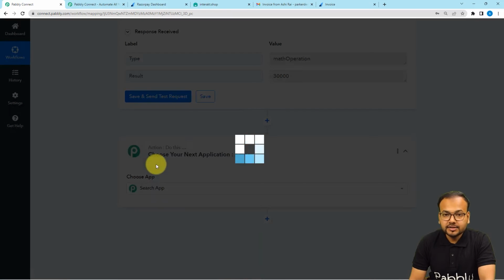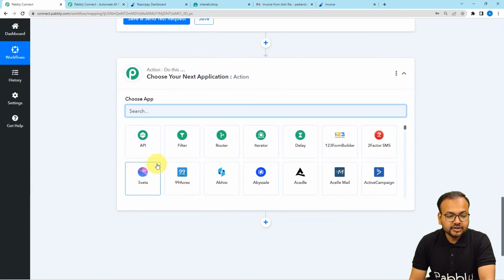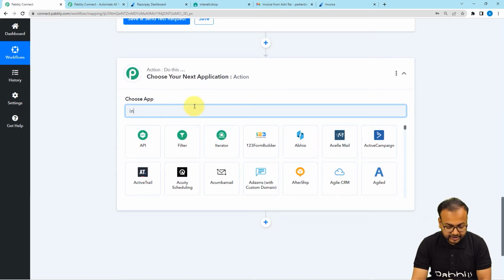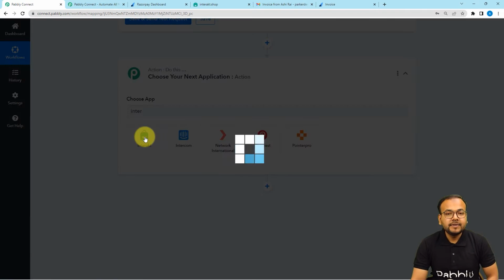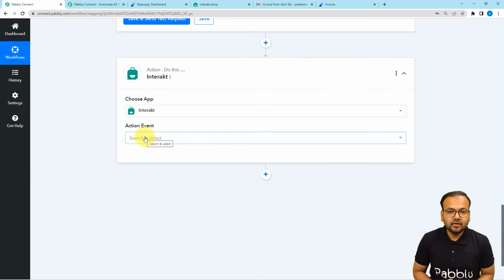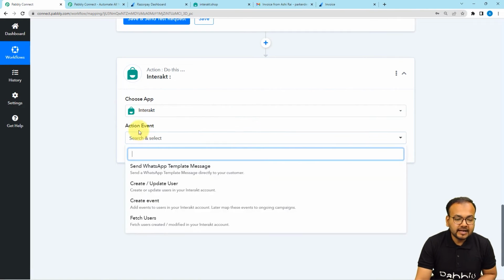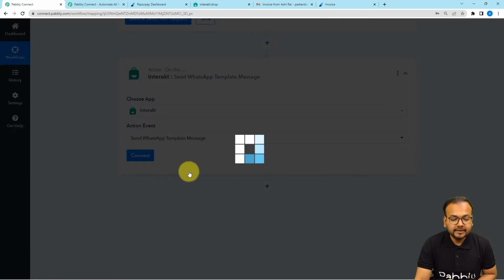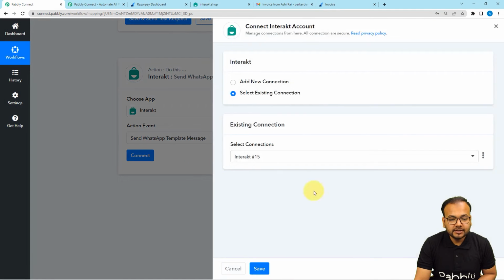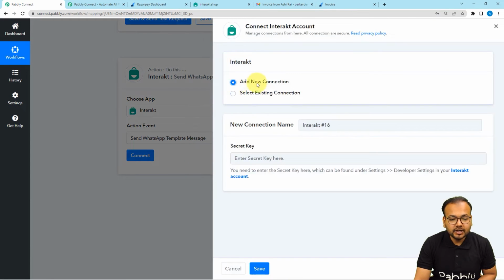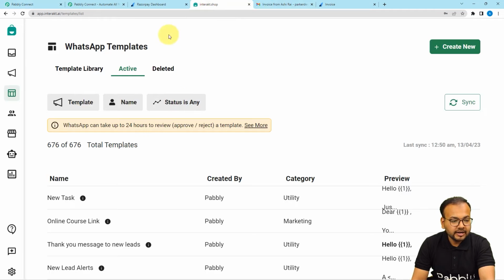For that, just click here on this plus icon, and from this actions tab, search for the Interact application. Interact is a business API provider for WhatsApp. So here select this, then select the action event as send WhatsApp template message, then click on the connect button. From here select add new connection, then it will ask for Interact's secret key. You'll get this secret key from the developer settings of Interact, and you can open it from your Interact